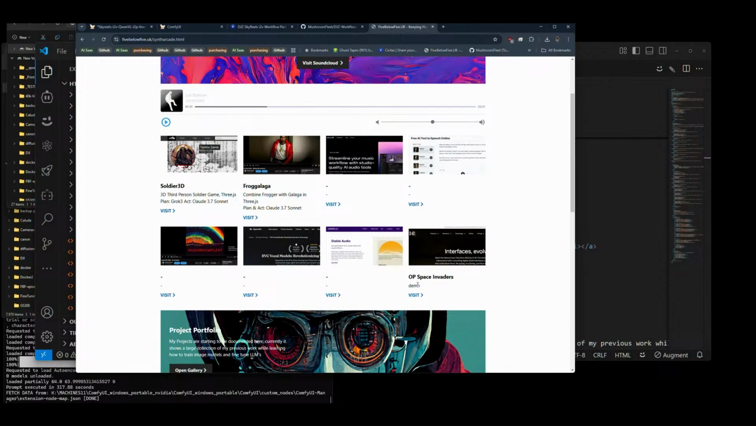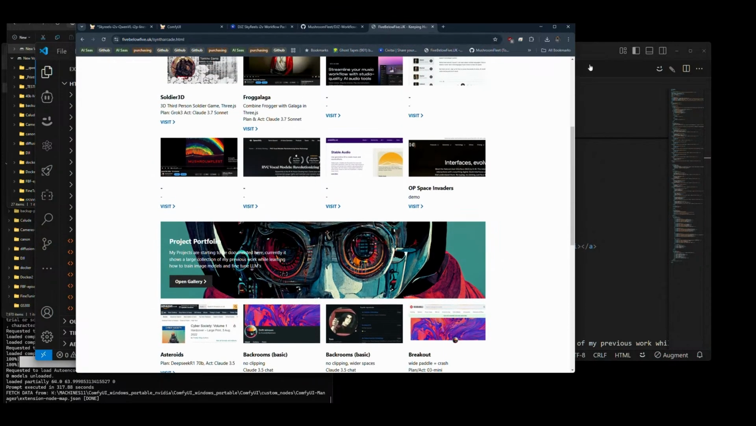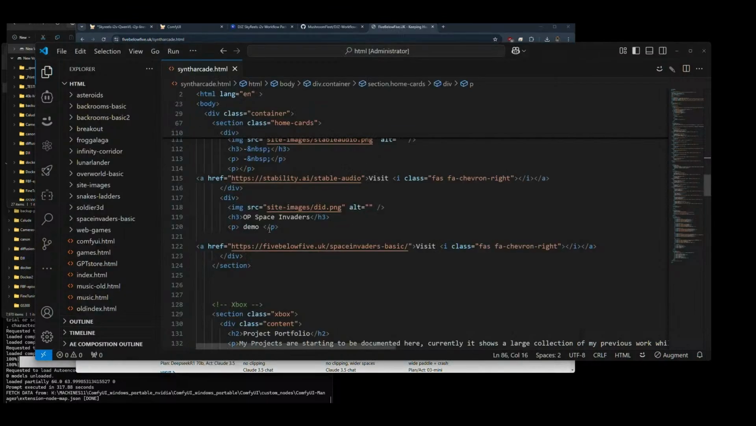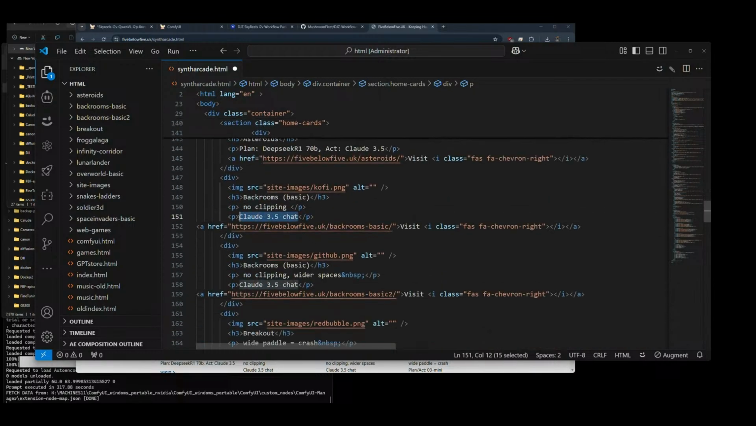Oh, wait a minute. I didn't tell you what I made it with. I made it with 3.5 Sonnet. So hang on a sec, I messed up. Ah, it's because the template changed. Some of them are missing that second paragraph there. So let's just give it the 3.5 chat. That's the first one